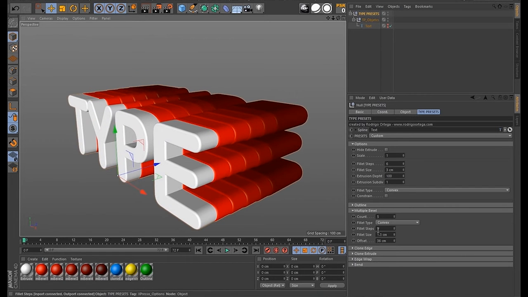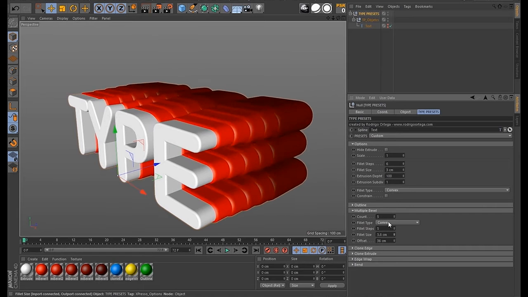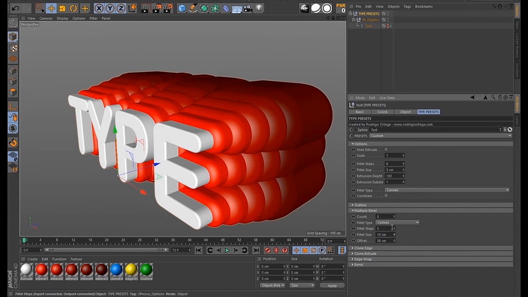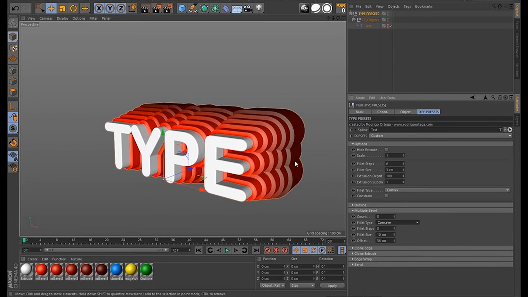Okay. And the fillet size will do something like this, and you can change to linear or concave,